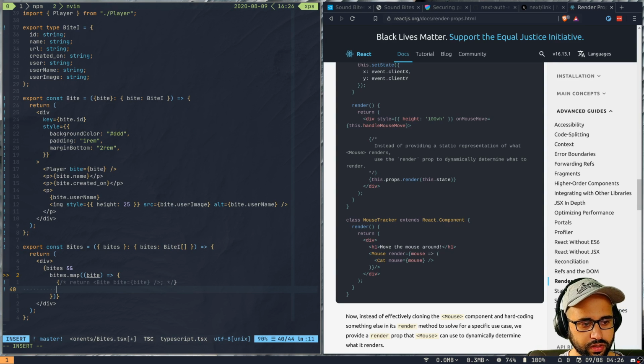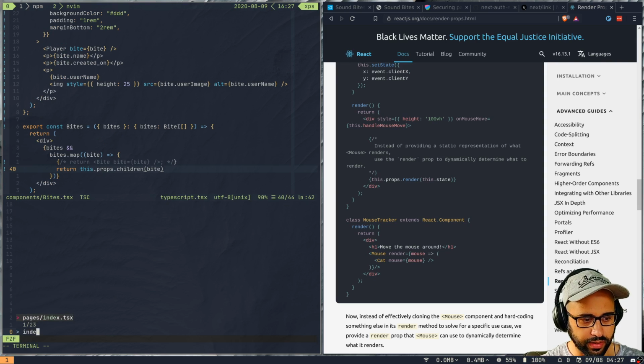What I want to do is I'll say return this.props.children, and from this to this, actually, I want to pass byte, right? So this is a single byte that we want to pass. Now